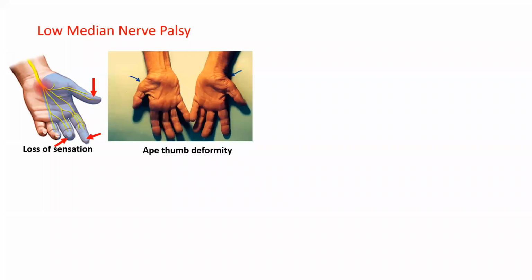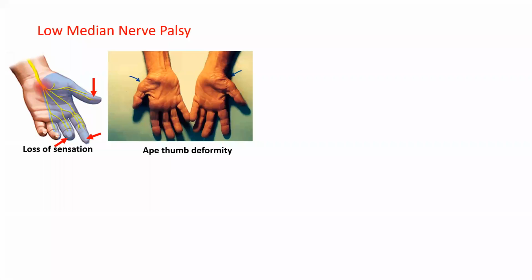So the next thing is the ape thumb deformity. This happens because of wasting of the thenar muscles. Like you can see here, there is no muscle bulk visualized. This is the characteristic appearance of ape thumb. Classically, if you look at the hand of an ape, it appears this way, right? Because thumb is